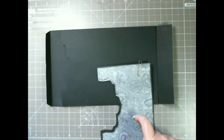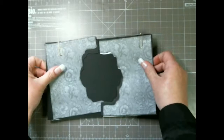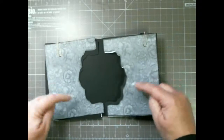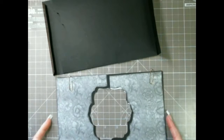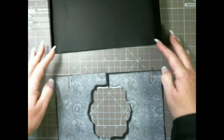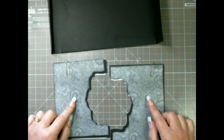Right. Now for the flap, where's my other half? There it is. Okay, what I did was I cut a piece of card, 6 by 9¼, cut that to size. Then I cut the patterned paper